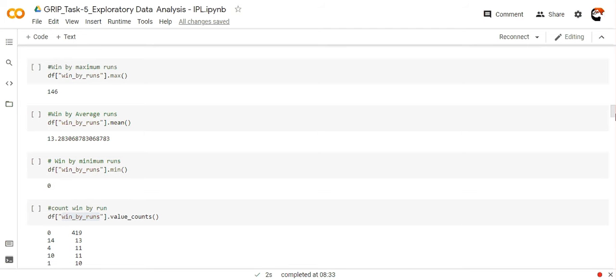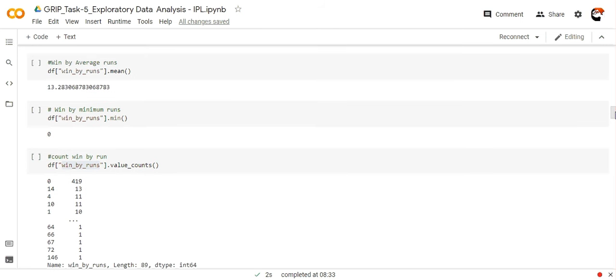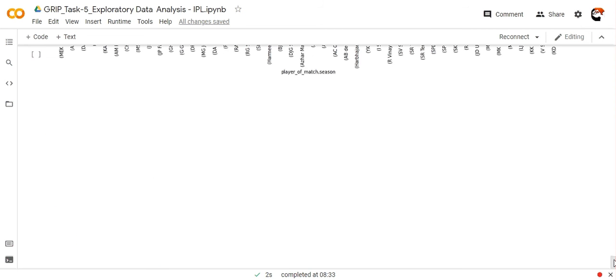Writing df win by runs max, by selecting the win by runs column and checking its maximum value, I got to know that a team has won by 146 runs. The average win by runs is 13.28, so we can assume it is about 13 runs overall. Win by minimum runs is